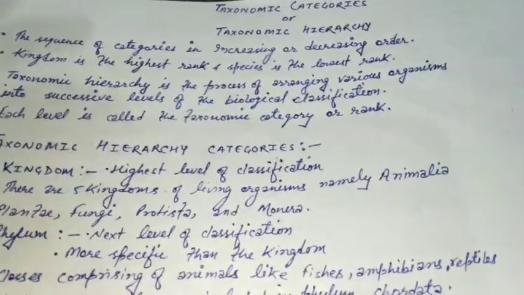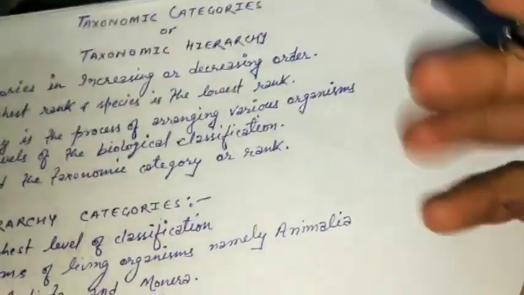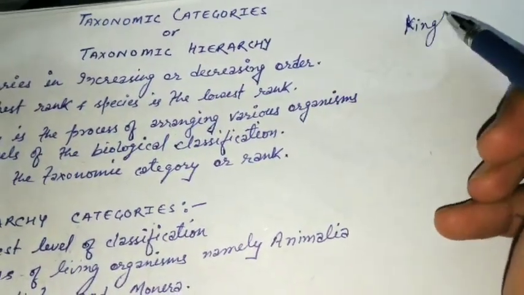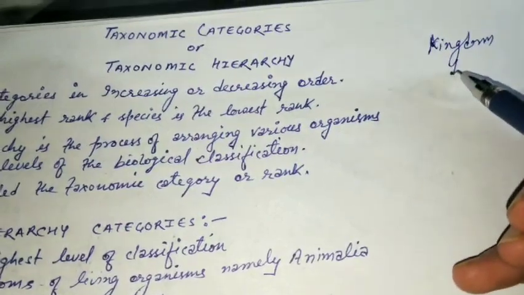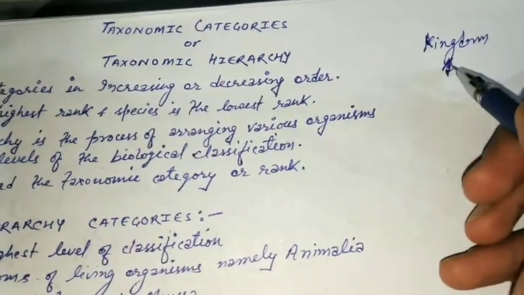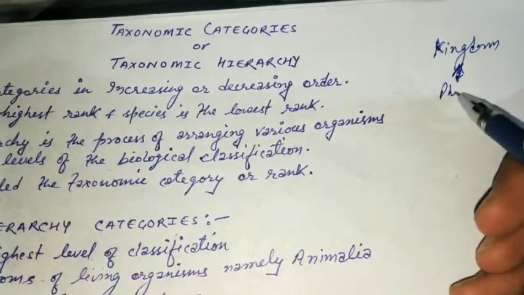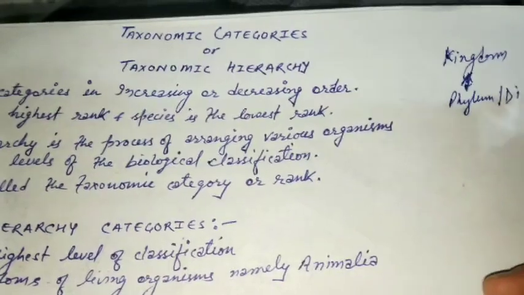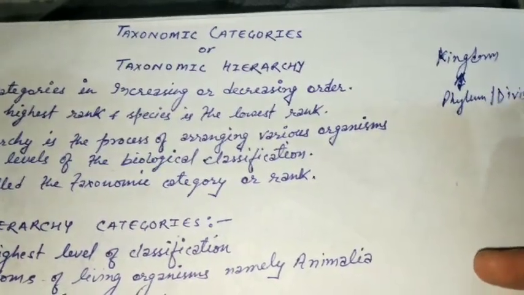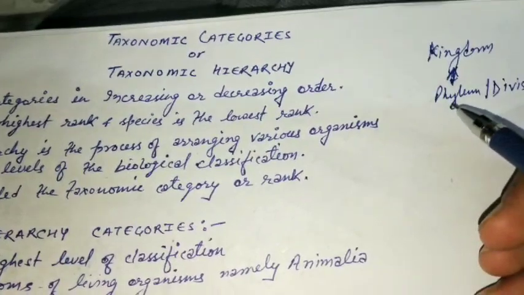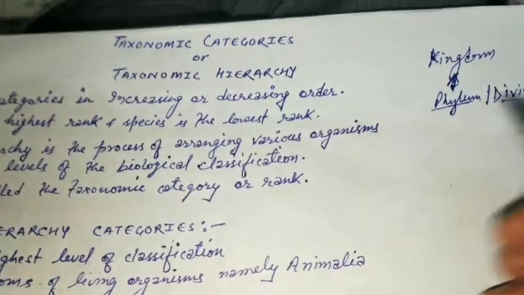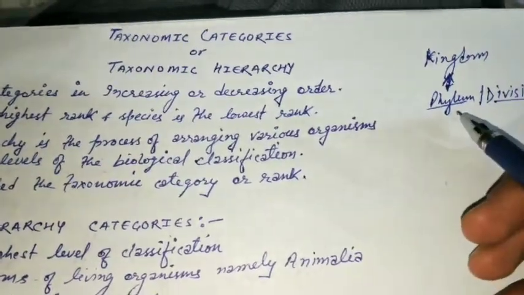Whenever we are talking about taxonomic hierarchy, we have to know about some of the ranks. The highest rank is always kingdom, and kingdom is followed by the phylum. The phylum is used in animals, while division is used in plants. So both are almost similar, but one thing you have to know, that phylum is used for animals and division is used for plants. And then